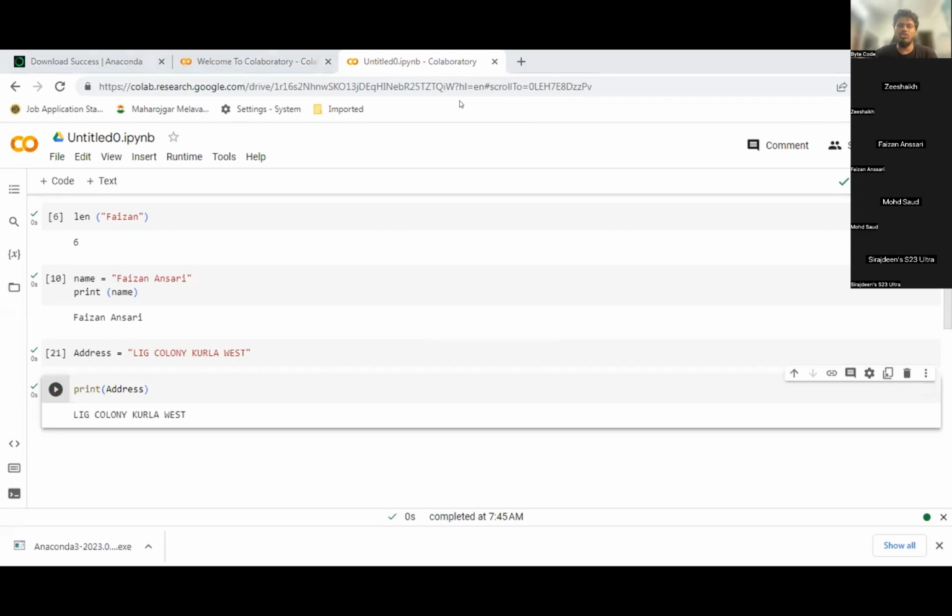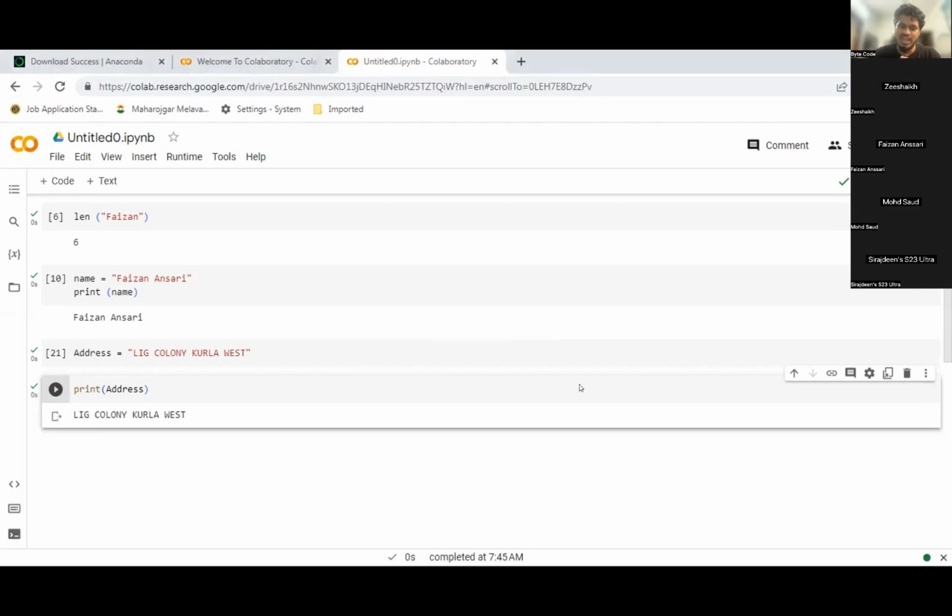Always keep in mind, also don't introduce spaces. You can directly write print and then the round bracket.